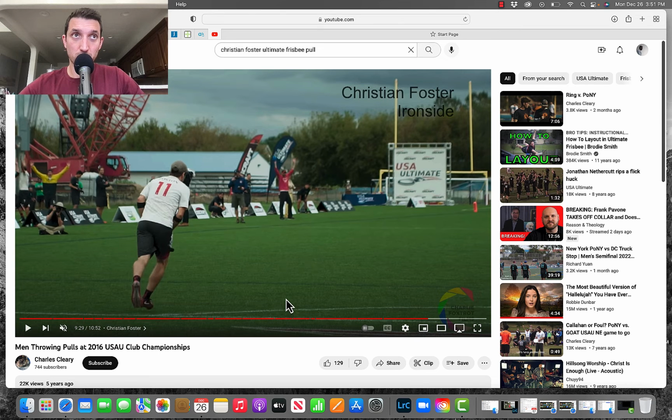And it is probably one of the most underrated parts of this game, the ability to pull consistently high and far in the men's game. I would venture to say any division, but men's for sure, because it's just something like, oh, hey, I can throw it far, I can do that. And a lot of times you see it pulled out of bounds, and then they get the disc at the brick, and unfortunately, it's just not something that people practice that much,